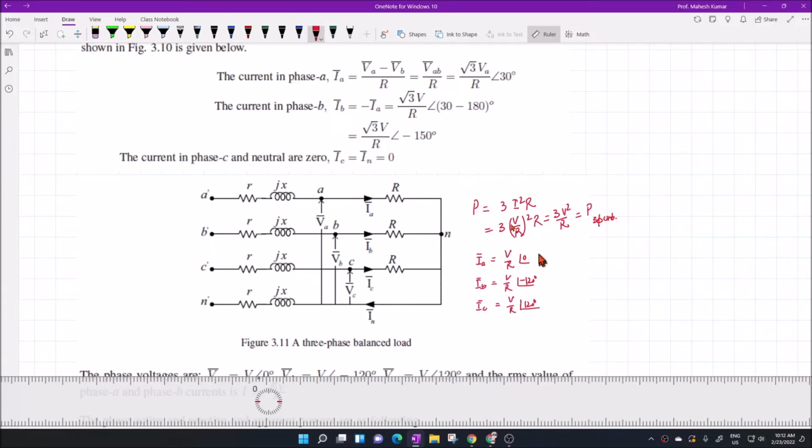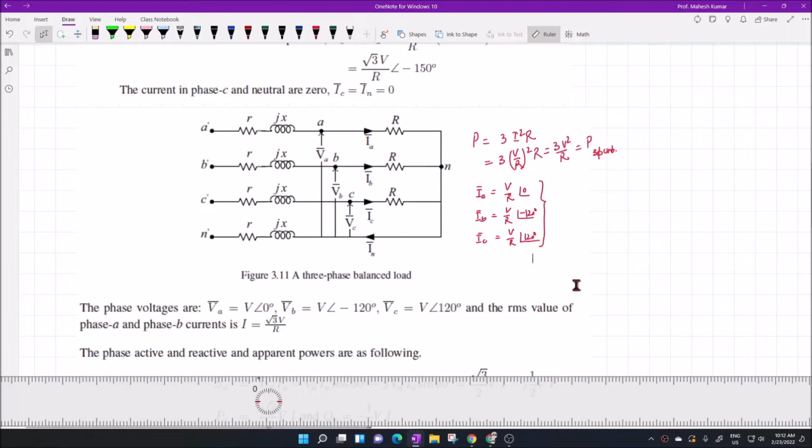So they are balanced and in phase with the respective voltages. IN will be 0 because the currents are balanced. IN will be the sum of IA plus IB plus IC, and this will be 0. So the point is that this three-phase balanced load, balanced system has the same output power,